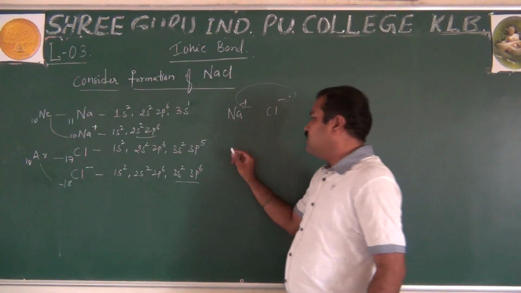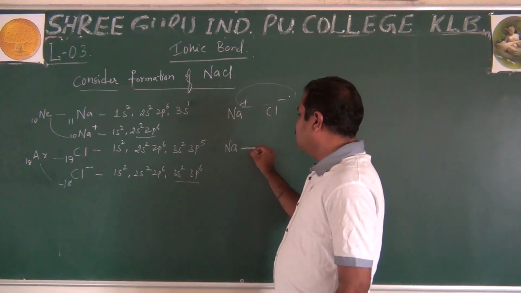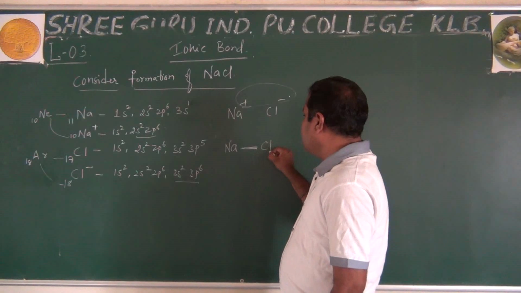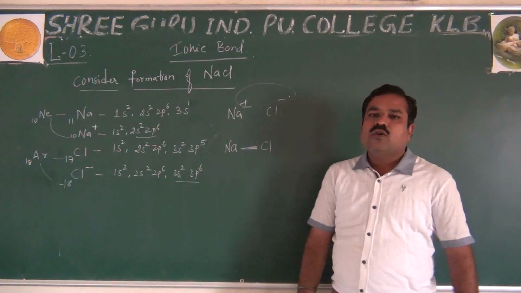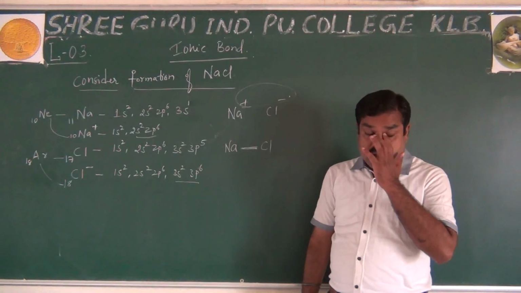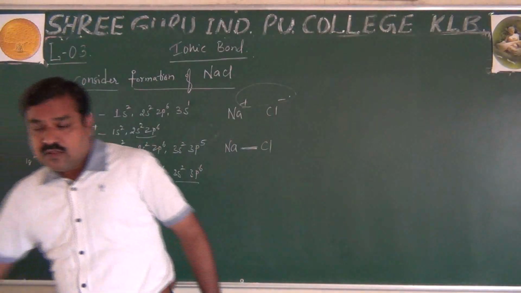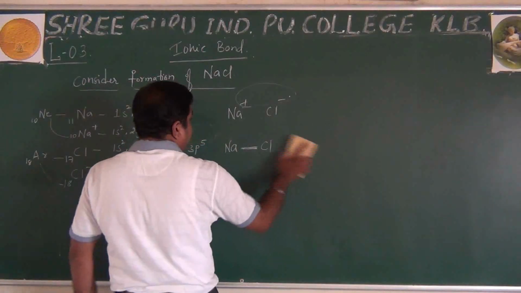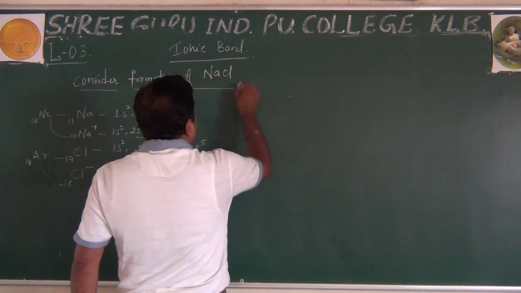This ionic bond is represented as one strong line, NaCl. Sodium chloride. Next, another example. Not only is this sodium chloride, I will tell you some more examples. Second example, if you consider